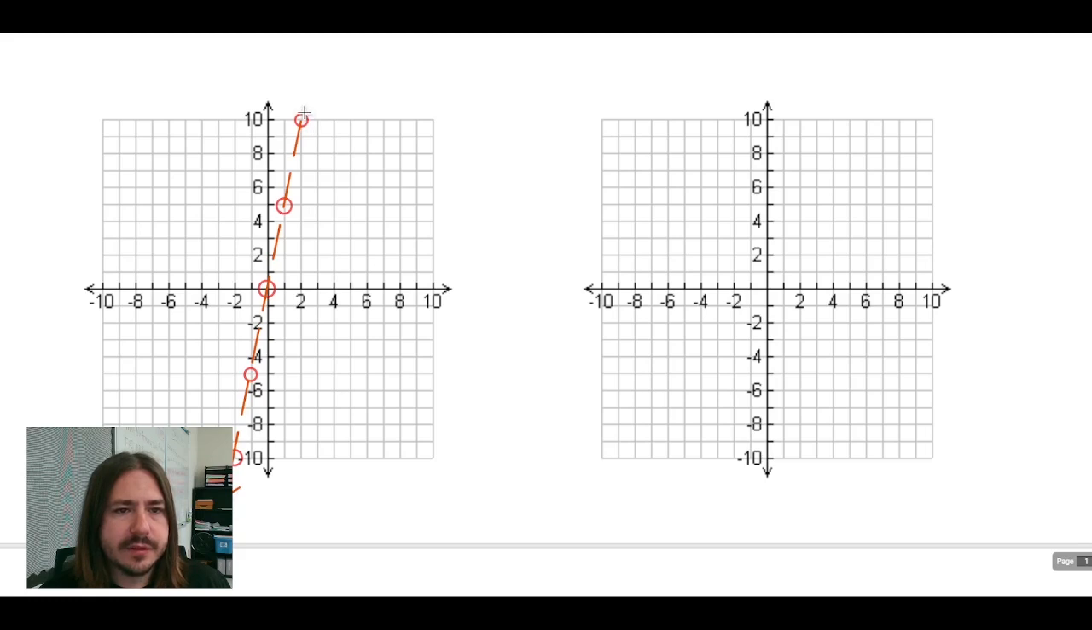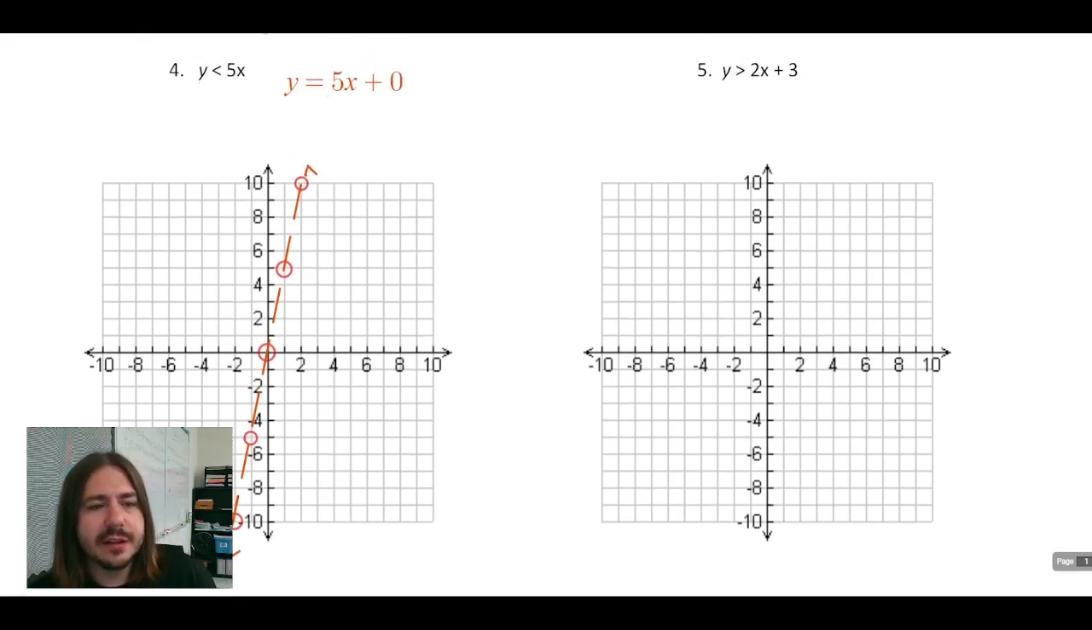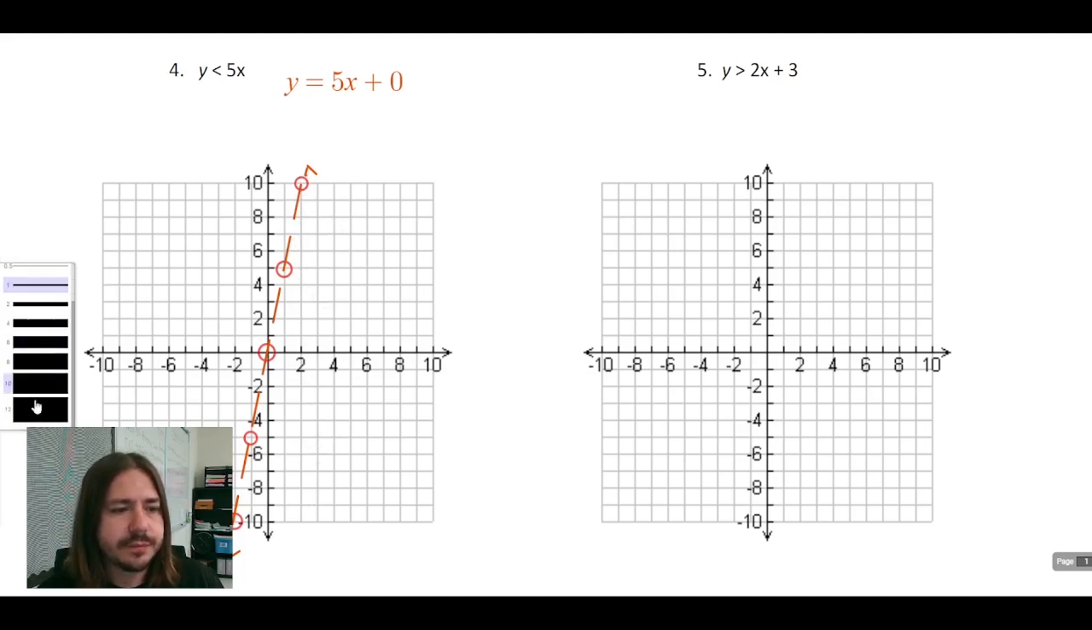And now, since it says y, well, what did it say again? Y is less than, so we're going to shade downward. So basically just pick any point and just imagine going directly down, falling down. And that's going to show you which side of the line to shade on. Yeah, we'll go ahead and shade on